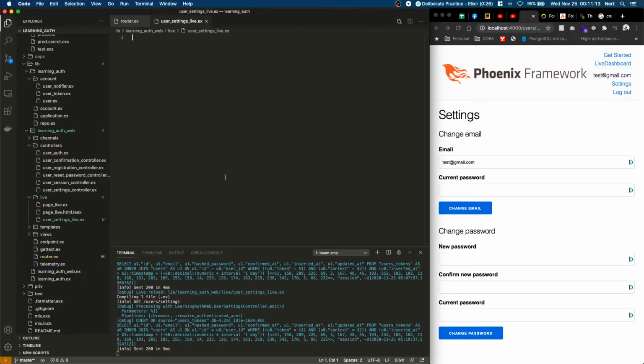Okay. So with that being said, we need to create a module, and in this module we need to initialize one important function, which is mount. This mount is very similar to the init function in a GenServer. LiveView and GenServer are very much the same thing. Underneath, LiveView uses a GenServer, and as a result, we need to initialize our arguments, and that's what the mount does. So I'm just going to create def